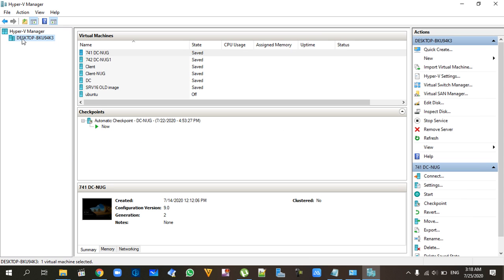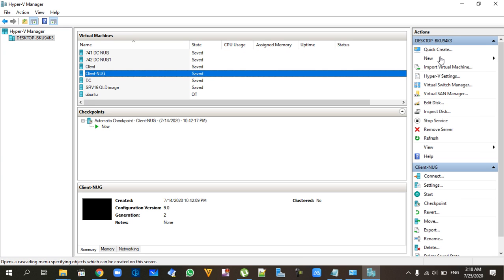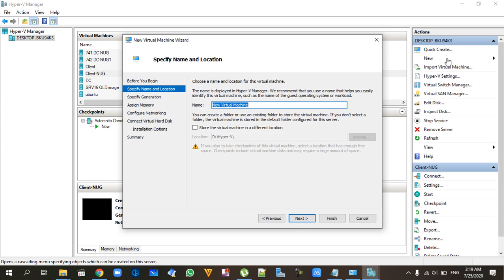We must click on the name of our computer and then go to New, and in here we can choose the new virtual machine, or we can come to here, New, click it, and then in here choose the virtual machine. Both of them will create a new virtual machine for us, and both of them will open this window. In this text box, we can give a name to our virtual machine. Like I will give it a name like "Networking with Windows Server